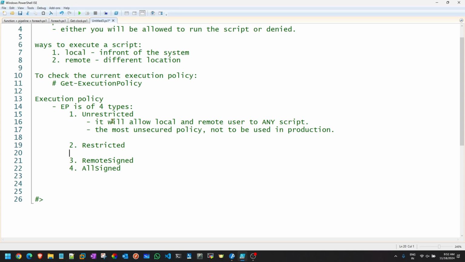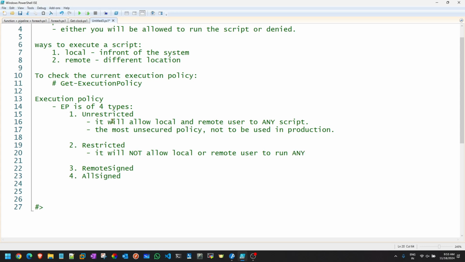Next is restricted. It will not allow local or remote user to run any script. It will not allow any. Restricted means restricted only.